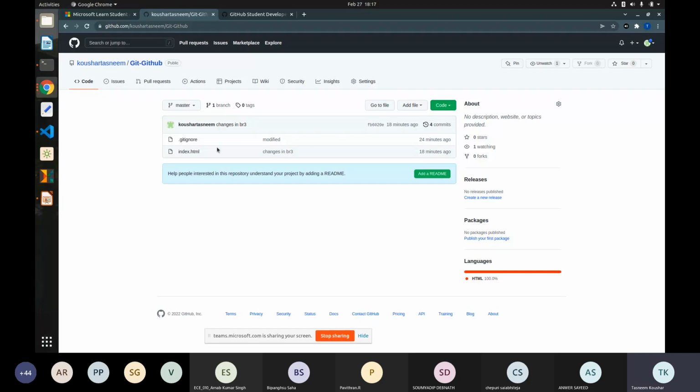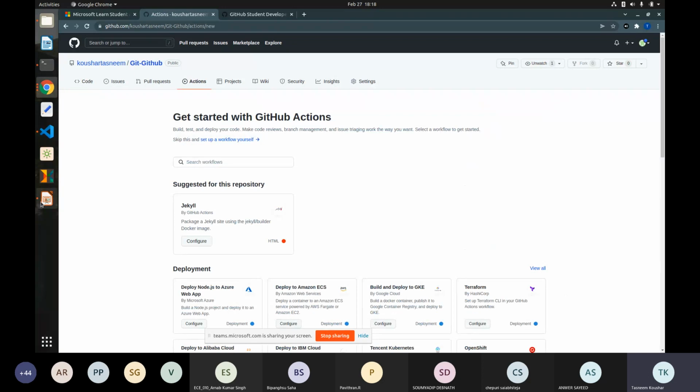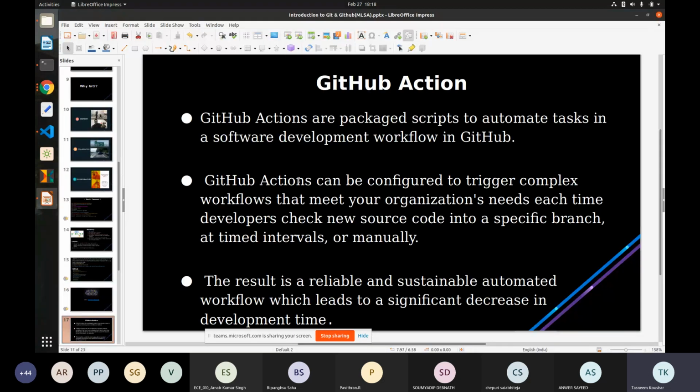So suppose you have some restrictions on your project, like if your project is open source, you can't be present 24 by 7 to look at who is contributing and then merge code every time. So what you can do is use GitHub Actions. Let me tell you what GitHub Actions is. GitHub Actions are packed scripts to automate tasks in a software development workflow in GitHub. GitHub Actions can be configured and customized according to the requirements of your project. And the result is reliable and sustainable, because many big organizations, even the organizations where I worked, like